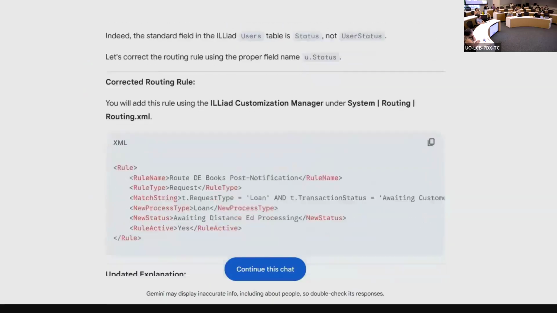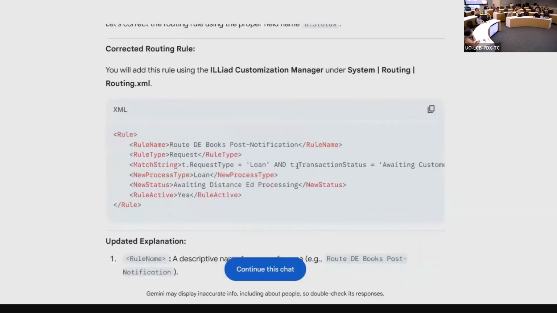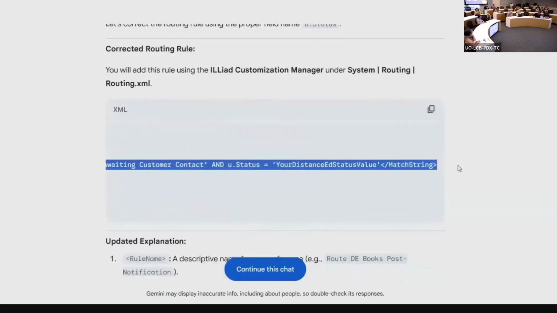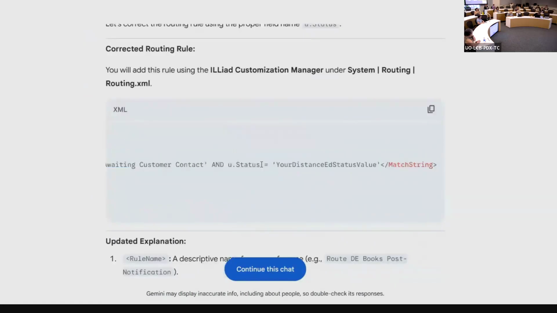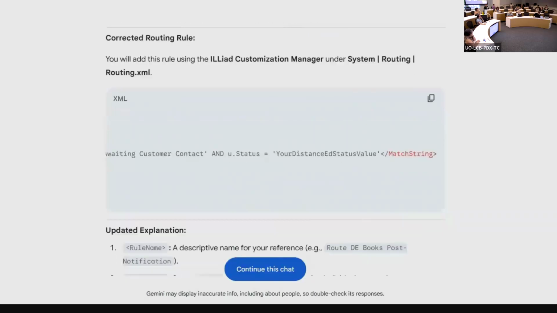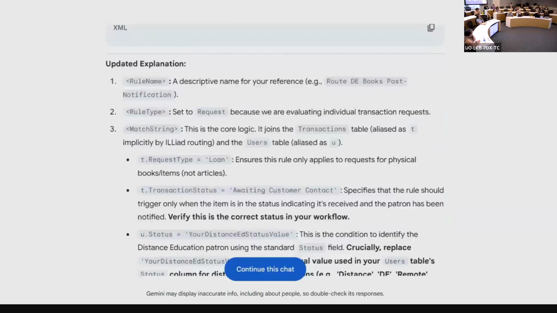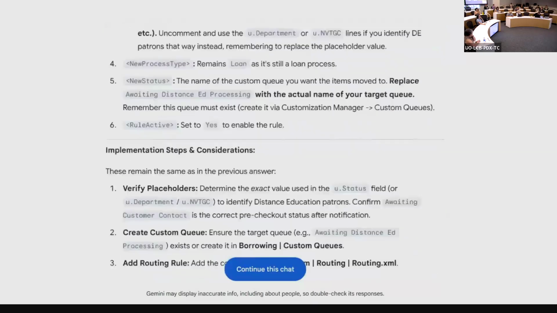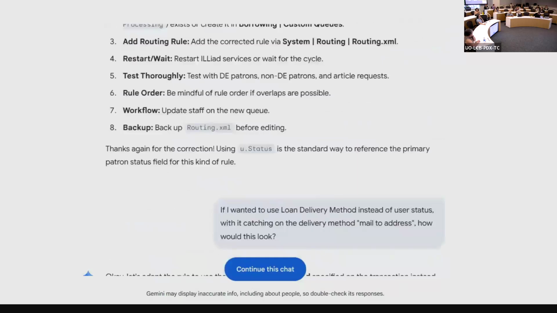And then fixes it by adding the correct field: instead of u.userStatus, use status. And then, of course, it fills in your distance ed status value because that's going to vary from place to place. And it provides an updated explanation, implementation steps, etc.